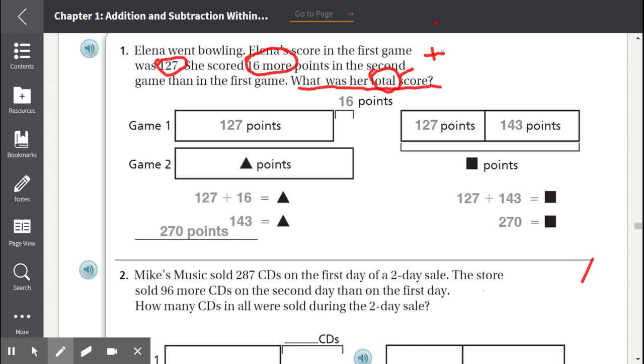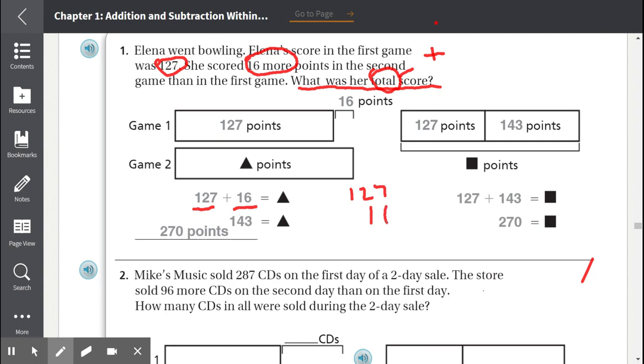We know the first game was 127 points right here. And the second game, they didn't tell us, but they gave us a hint. They told us it was 16 more than what she scored in the first game. So if this is the score of her first game, then we add 16 to it to get the score of the second game. So 127 plus 16, when we solve it,